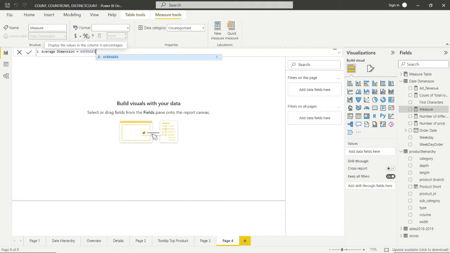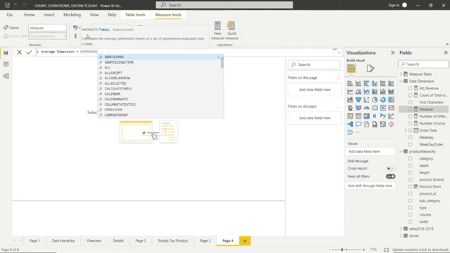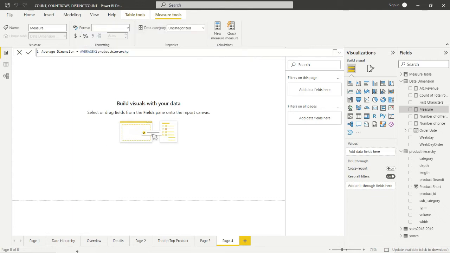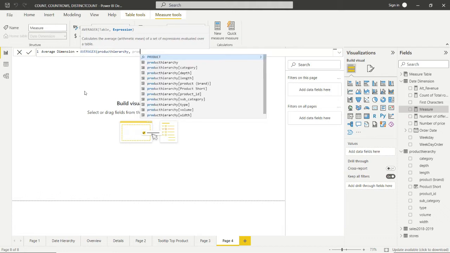AVERAGEX. This is my table, product hierarchy. So we'll take this one. Product hierarchy is the table name as the first argument. After that, the product of length and depth: product hierarchy length